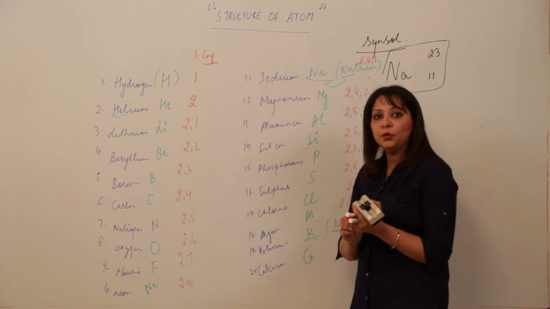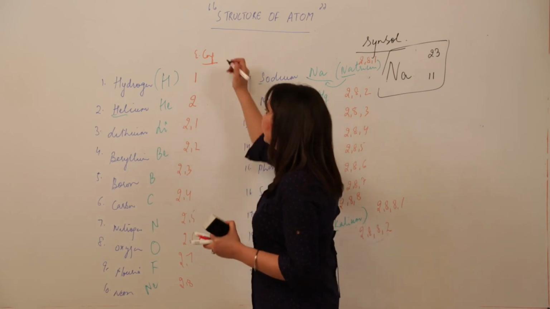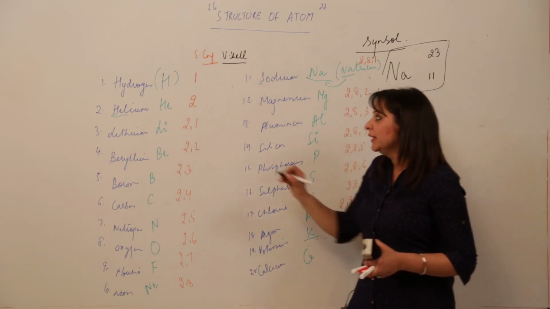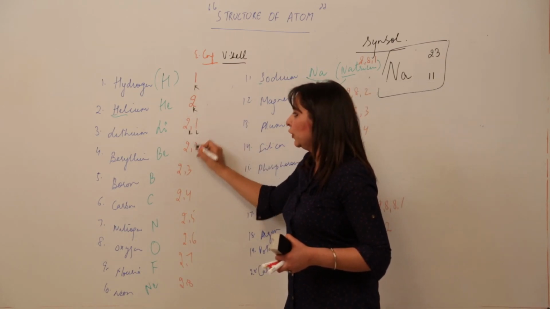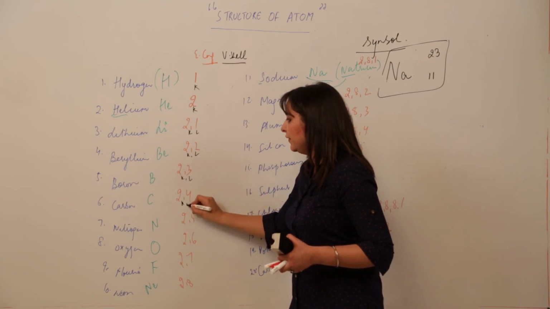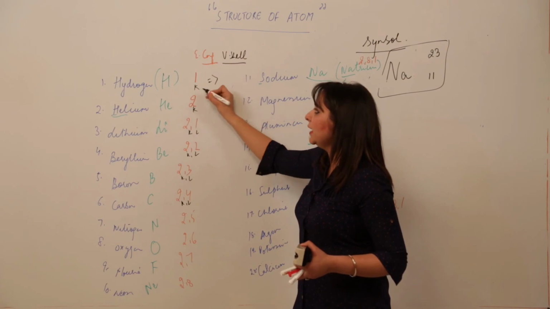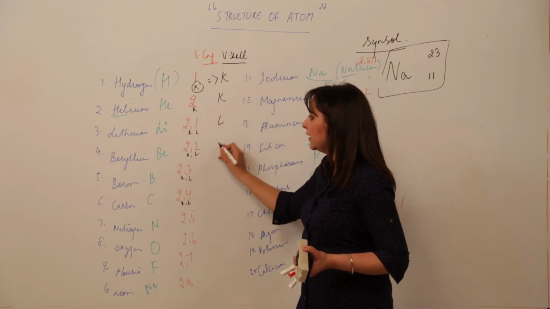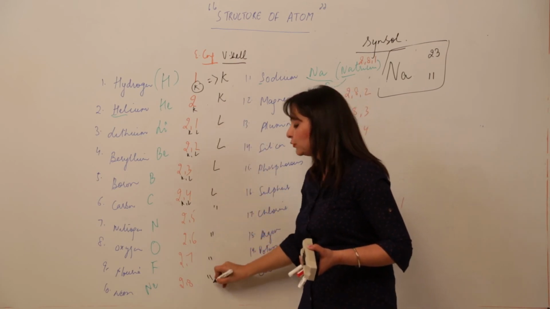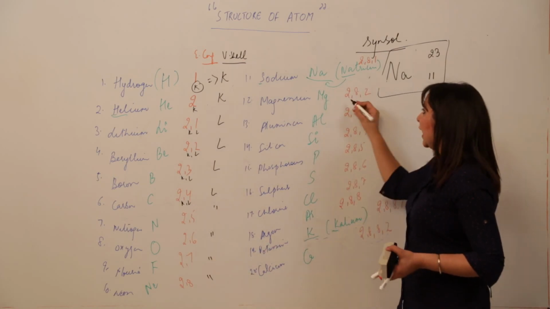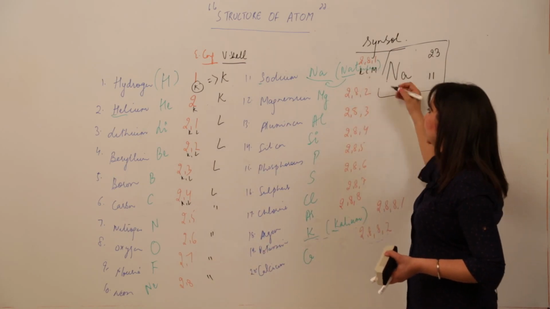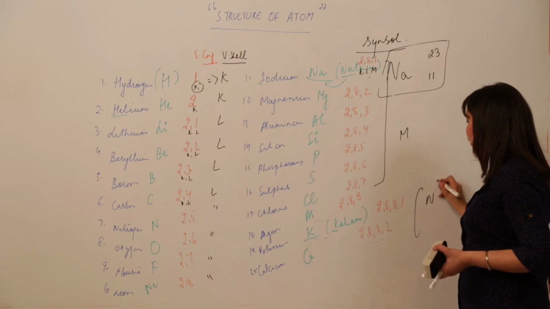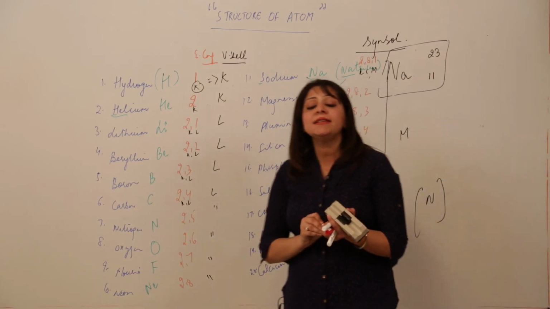Now one more thing, the valence shell. Now what is the valence shell? The last shell of an atom is called the valence shell. See, this shell is this, you already know what K and L are, right? So we are just writing the valence shell. In this case, it has only the first and the last shell as K. So the valence shell is K. Similarly in this it is L, this is L, same L, because two shells are present and the last shell is L. And it has 3 shells. So in all of the cases up to this, the valence shell is M, and in this case it is N. So the valence shell actually indicates the last shell of an atom.